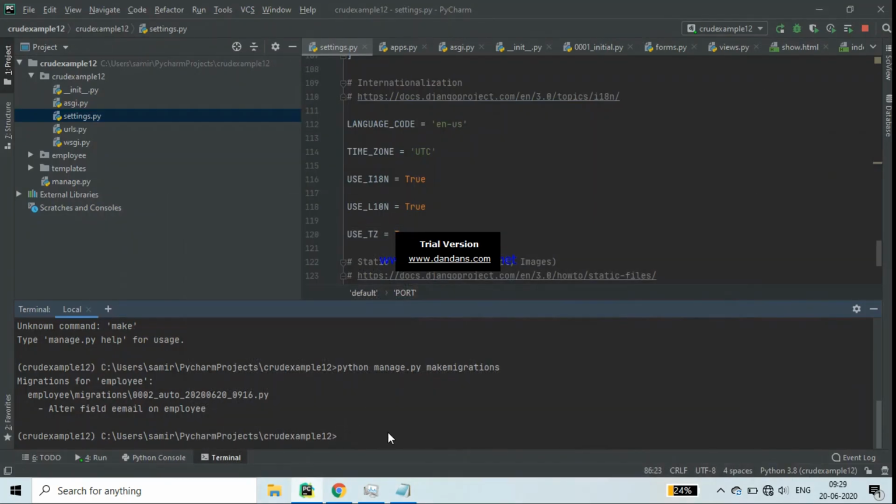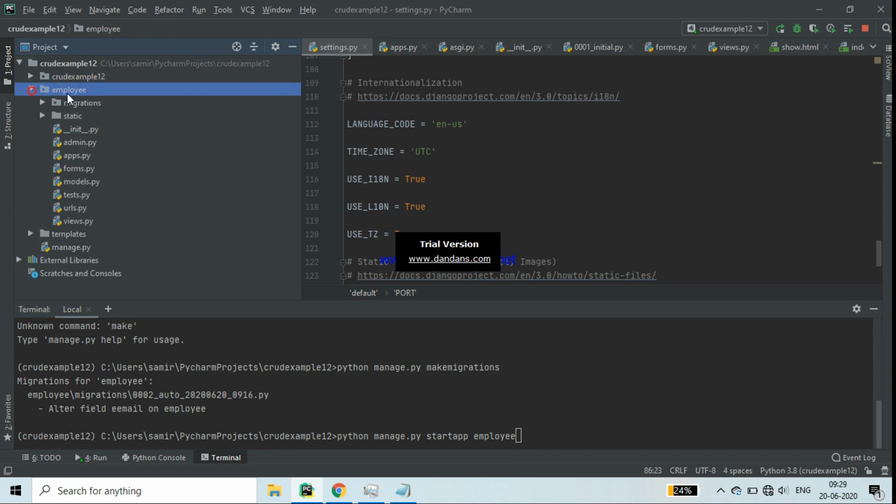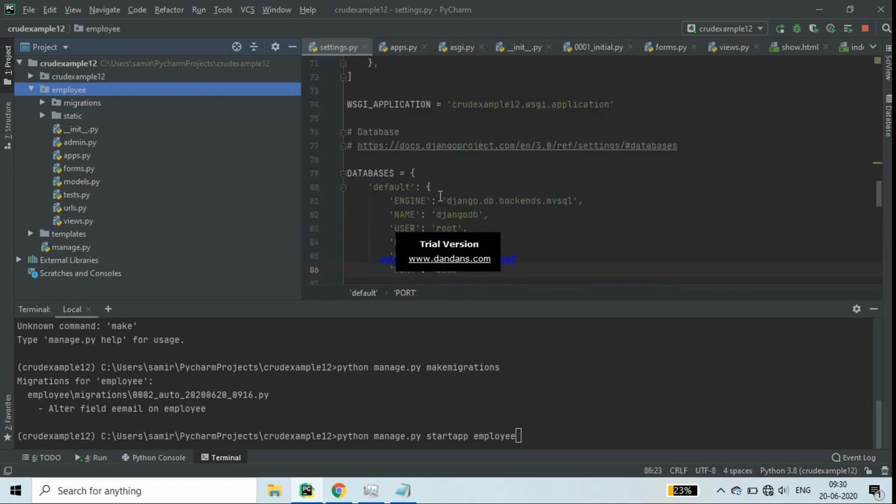I'm just showing you here. My app name is employee, so employee will be written here, then enter. I am not entering it here because this employee app has already been created. Then the app will be created with the name employee. Now inside that app your work will start.